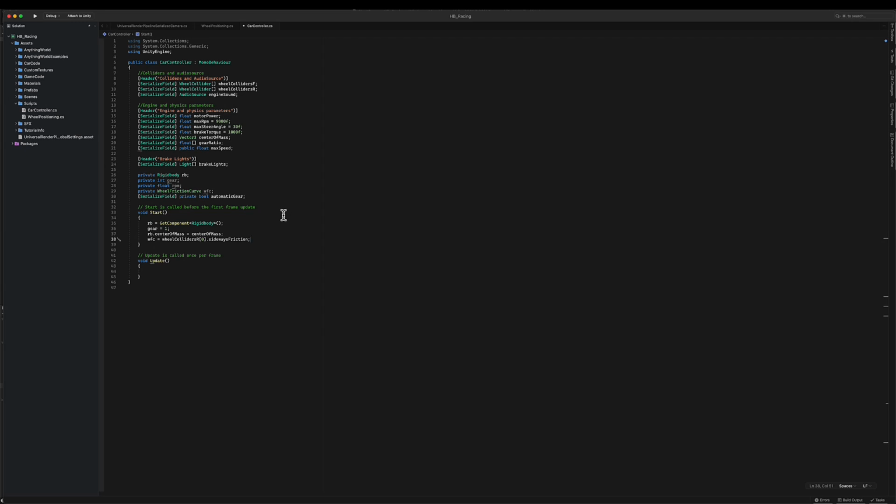Okay, so now I will have first an update and a fixed update, and on the update I'm going to call a function called handle inputs. So I'm going to have a private void handle inputs, and I'm going to call it on update. And on handle inputs, what I'm going to do is, first of all,